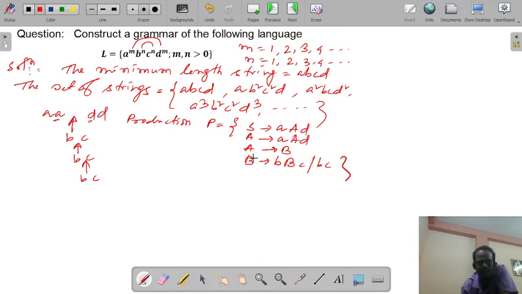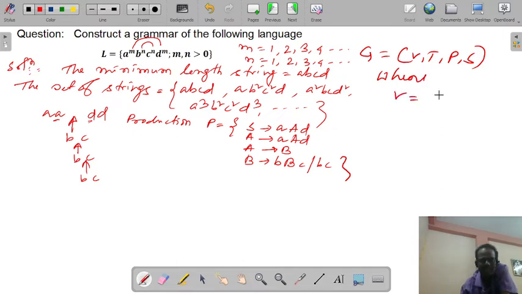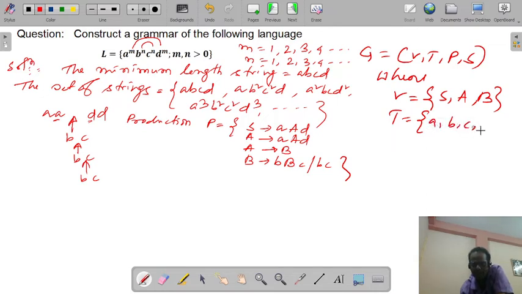So then grammar G, that is V, T, P, S, where V is a set of variables, that is S, A, B. There the variables are used. T is a non-empty set of terminals, that is a, b, c, d.